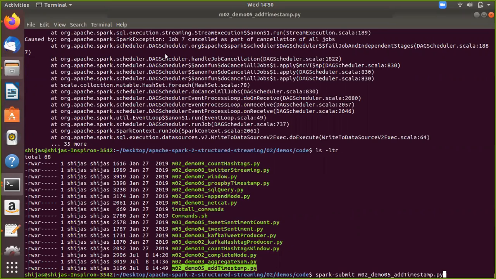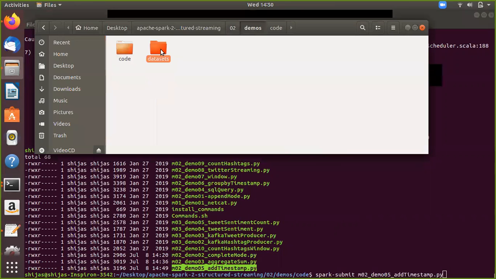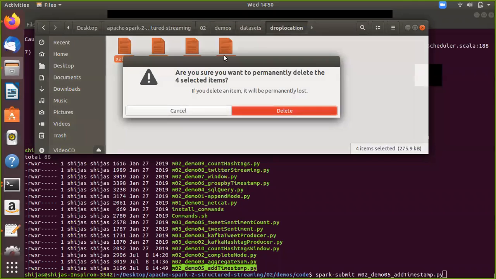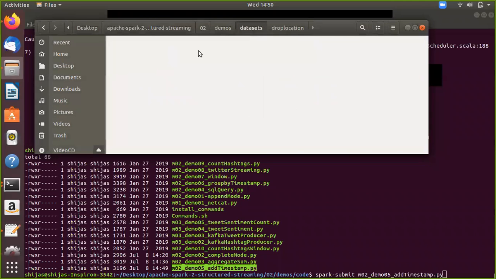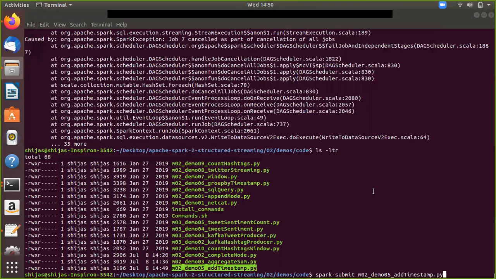Meanwhile, on the data sets location, I am removing all these files and copying just one file here, and we'll keep on copying.